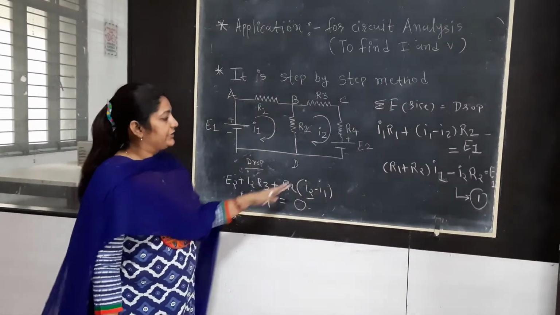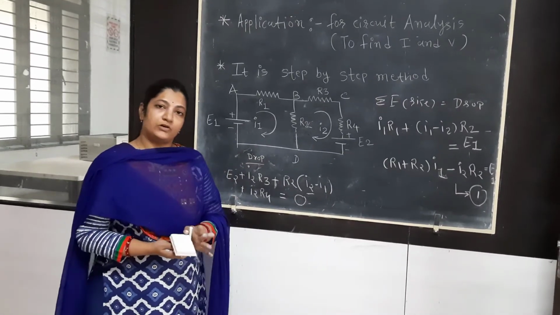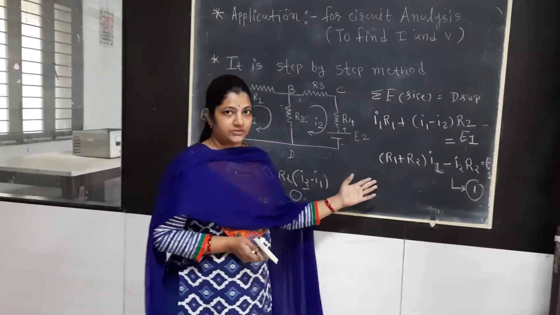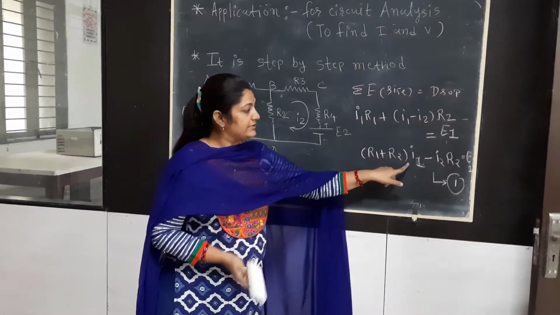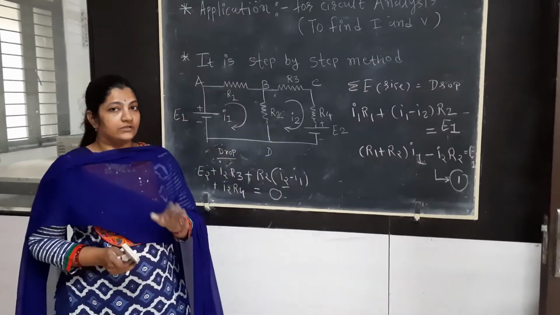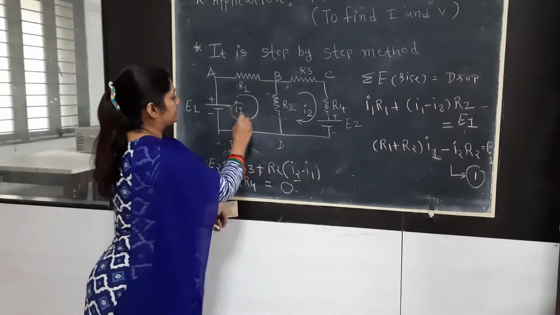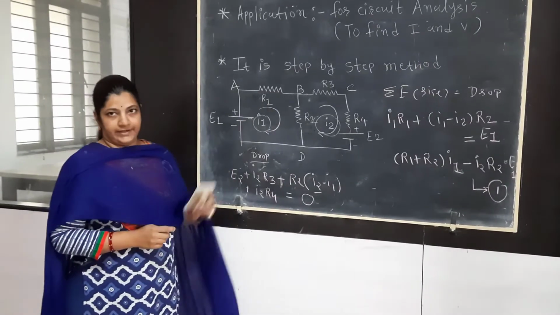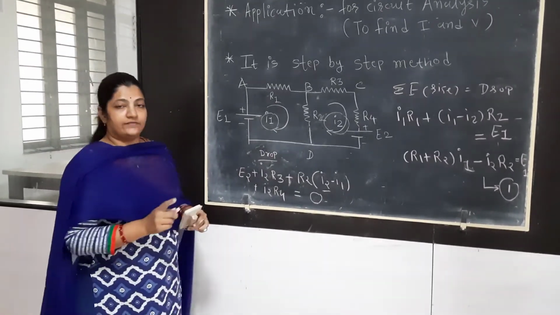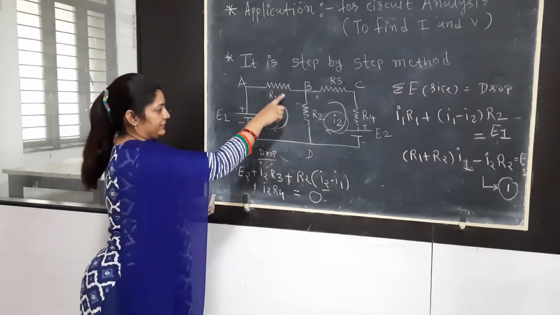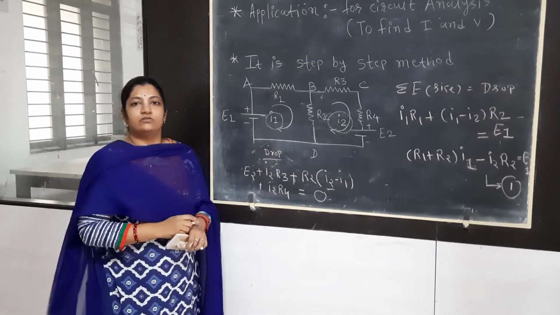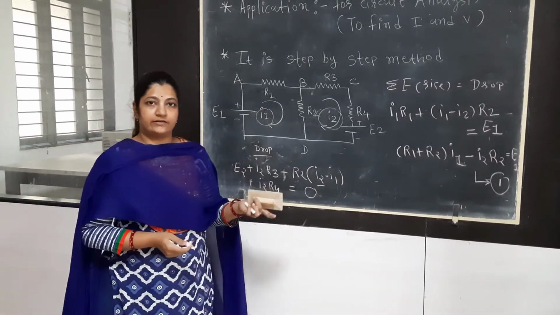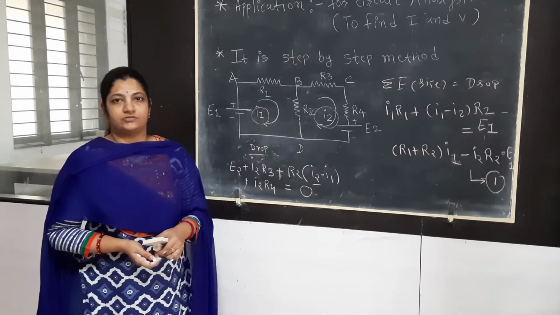If you reform that, you will have two equations. Remember, the number of equations is always equal to the number of meshes, and it is quite easy to solve both equations. You are all very much aware of that. It helps us to find I1 and I2. Once your I1 and I2 answers are known to us, it is easy to find the branch current of any element. Suppose in the data it is given to find the branch current of R1. This I1 itself is the branch current for that particular element. So in that way you can correlate mesh current values with branch current values, and you are able to find solutions of any network.